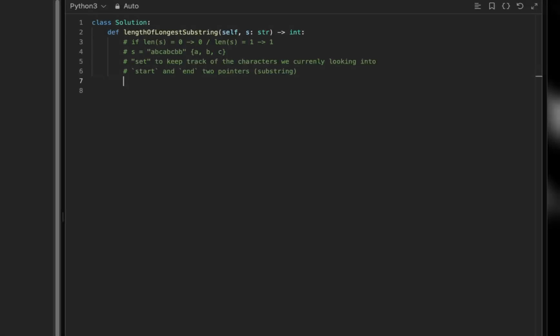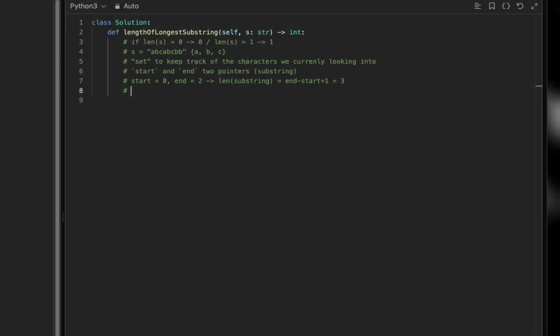And for the current length, it is pretty simple because let's say I have start equals 0 and end is equal to 2, right? Then the length of the substring is pretty simple. It is end minus start plus 1, which gives me 2 minus 0 is 2, plus 1 is 3, which gives me exactly 3 values in here. So this is the formula that I will use to get the length of a substring,